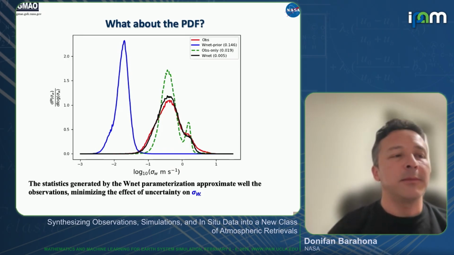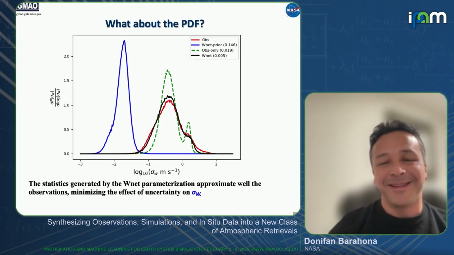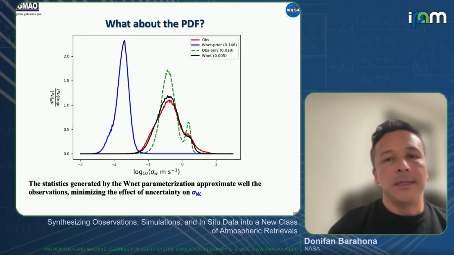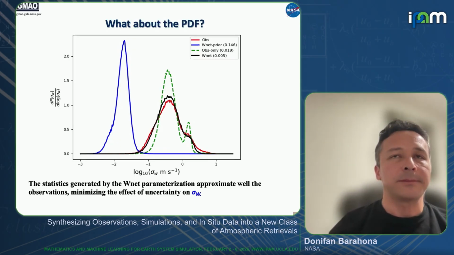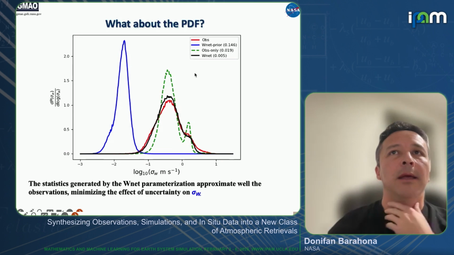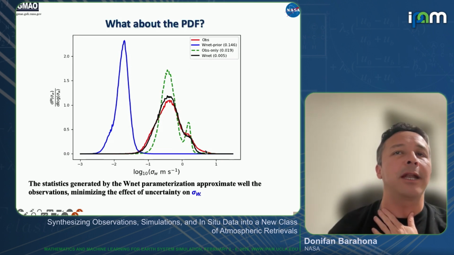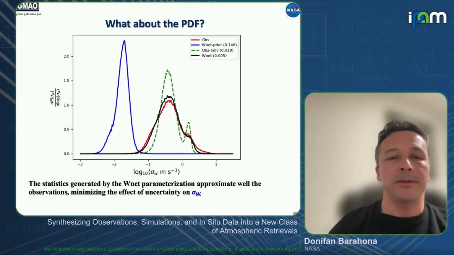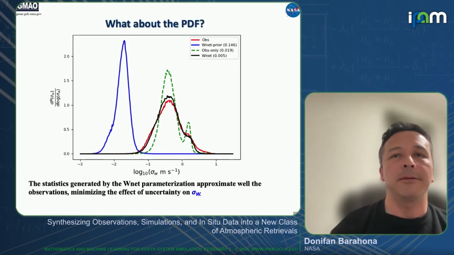There is this mantra in the parameterization development community that even if, in a particular case, your parameterization has a large error, the important thing is that on average you actually get the right distribution, that the error is not systematic. And that's what we get here. On the other hand, if we only have observations, you see that we cannot match that observed distribution. Again, because there is no way for the network to extrapolate or even interpolate.